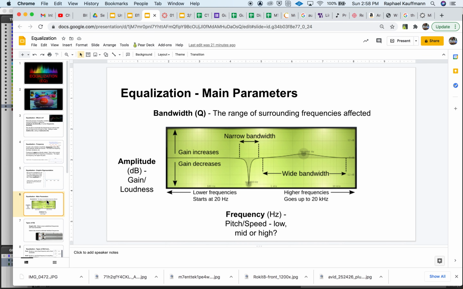So the three main parameters when we're dealing with equalization are, as I already mentioned, amplitude, the plus or the minus in gain; frequency, the pitch from low, mid, or high; and then bandwidth, often referred to on these units as Q, which is the range of surrounding frequencies that get affected when you add or subtract in a frequency range. So you can see in this image, a narrow bandwidth could be as tight as a needle, while a